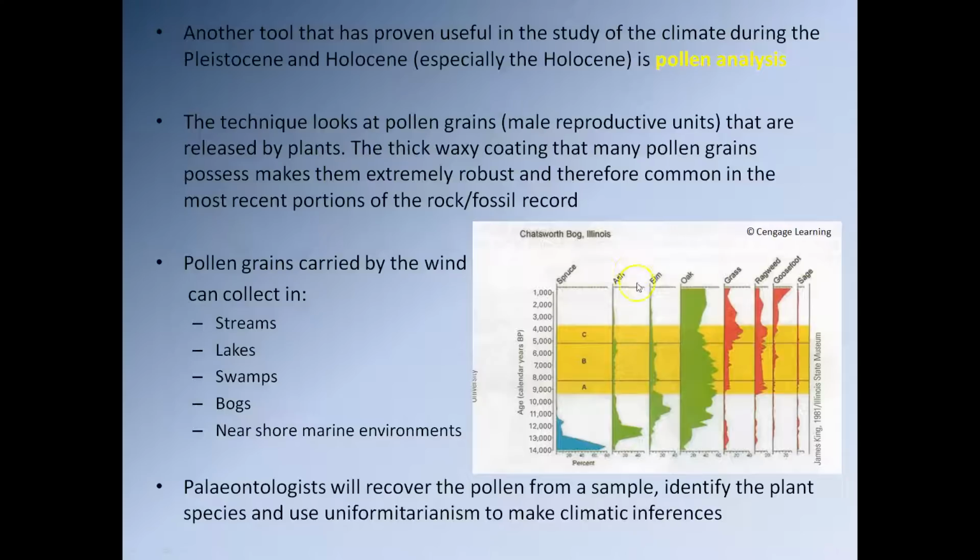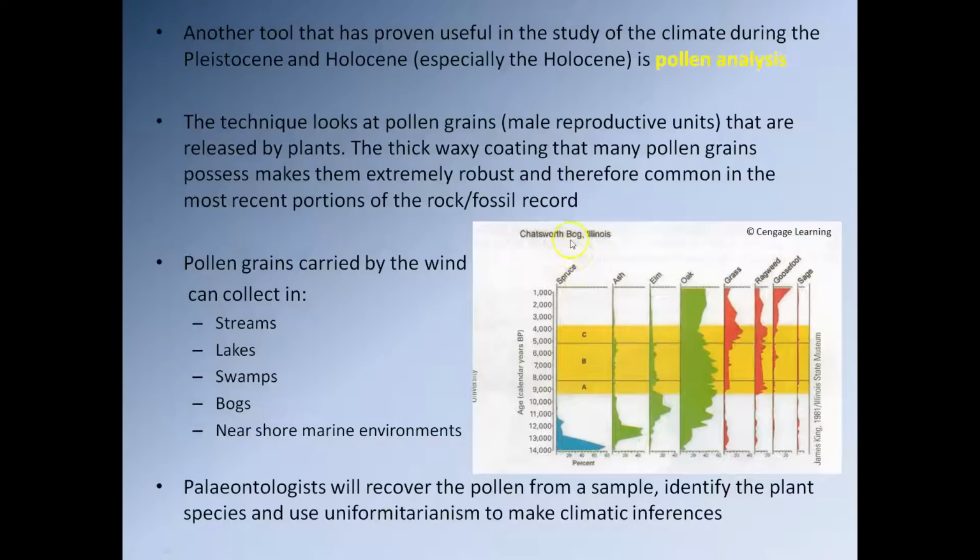ash, followed by eventually elm, and then oak establishes itself. Now what happens is the oak will typically begin to outcompete the ash and the elm. And so what we see happening is initially, as the temperature begins to rise, the ash population begins to increase. Same with the elm population. But then eventually they begin to be outcompeted by the oak, and we see that the amount of ash and elm decrease. So from about 12,000 years ago, we see a significant increase in the abundance of oak in the